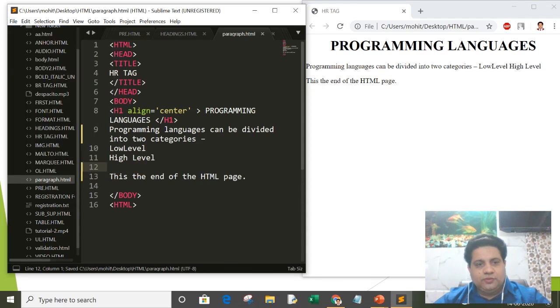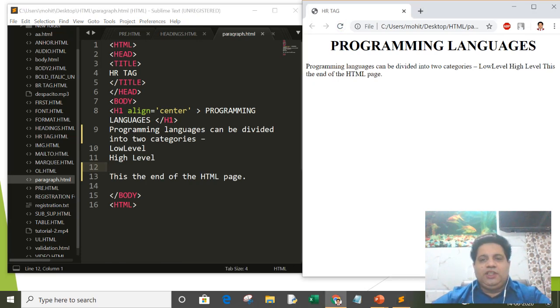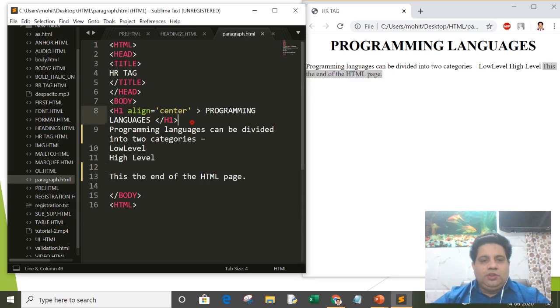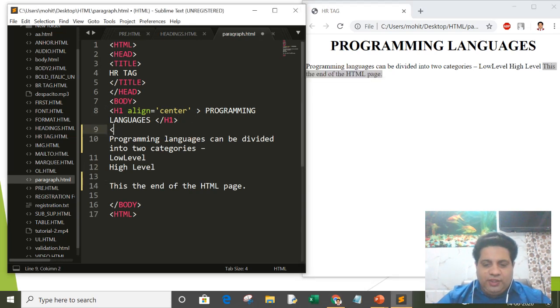See, and this is the end of HTML page was displayed on a separate line. Now see, you can see the effect. This is the end of HTML page is starting from the same line. So the effect of the paragraph tag you can see whenever you write some text within the opening and closing paragraph tag, proper line space is inserted.